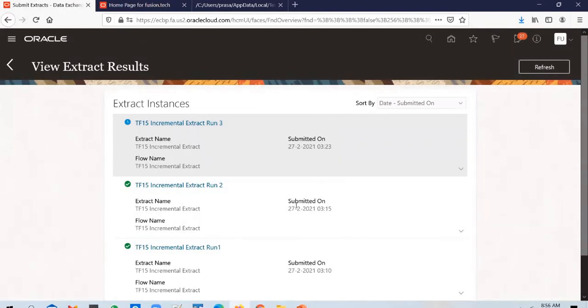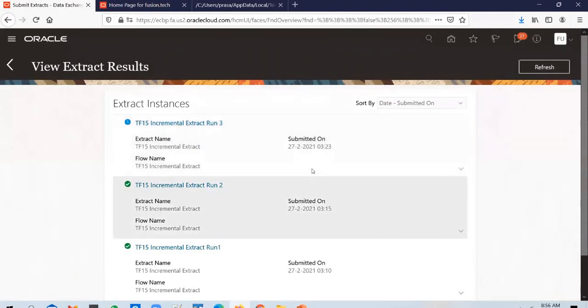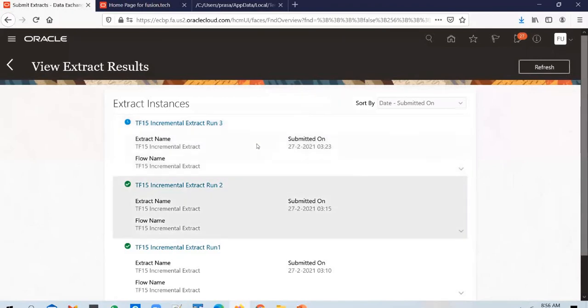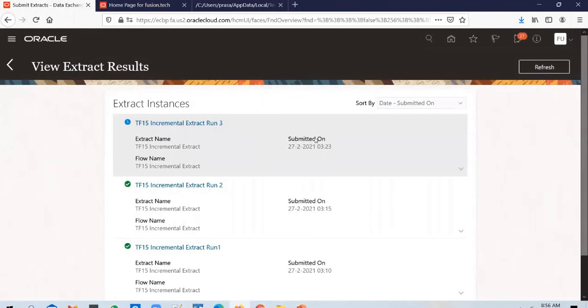Yeah, the incremental runs should not take much time, but internally it has to do a few things. Since we have built it as an incremental one, it has to first identify, based on the person IDs, what has been updated, and then extract it. The extraction time should have gone down, but there is an additional lead time of comparing the output with the previous baseline extract. That goes on in the background, so it takes a bit of time. But to be frank, it doesn't take 2 minutes in real-time instances.